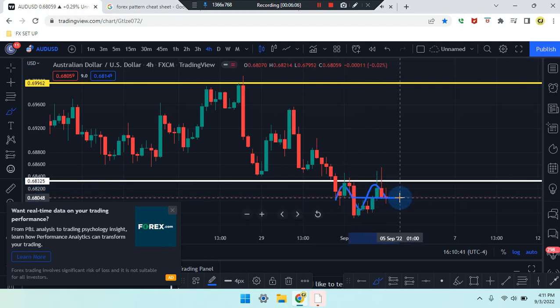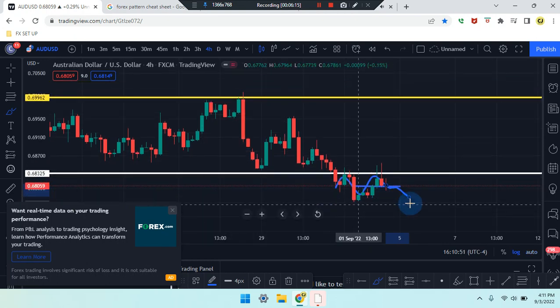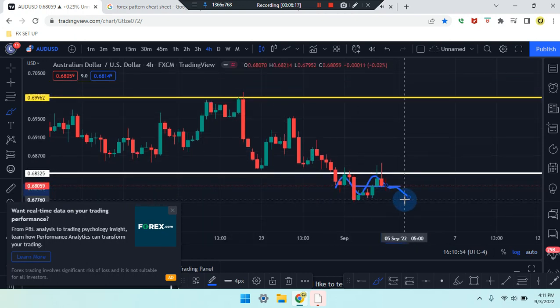Why? Because it stopped at the midpoint between that area. If it breaks, that's the retest, so we're looking for that market to push down further, down to the next level. And if you trade on the 4-hour time frame, you can head down to the next level of